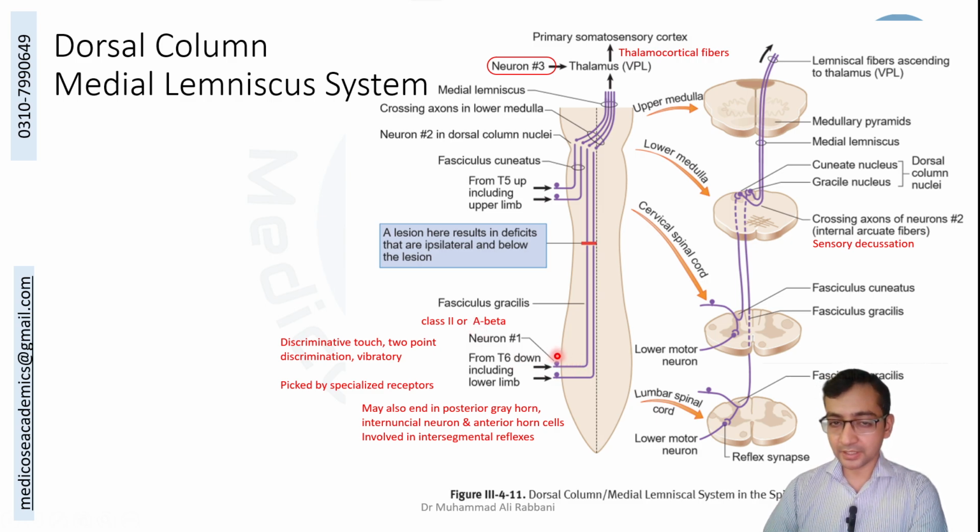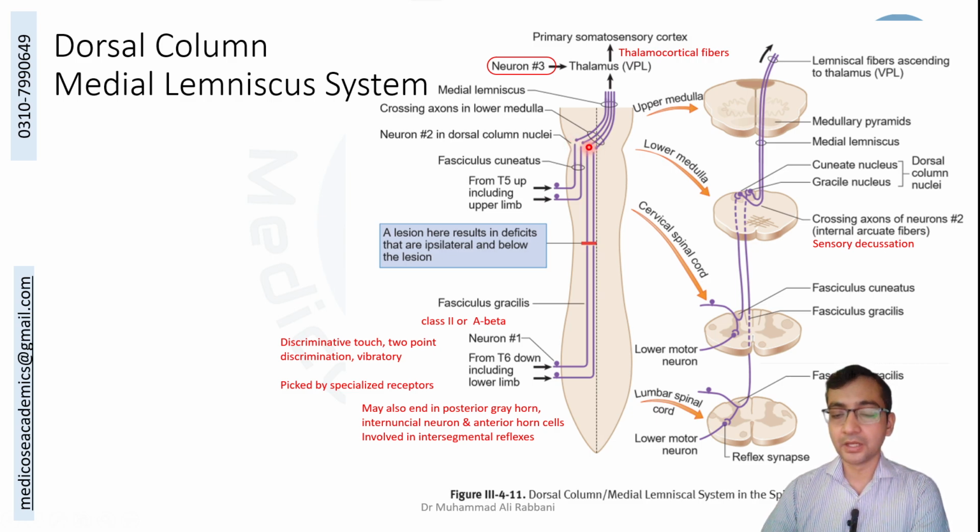The cell body was present in the dorsal root ganglion, and it moves up through the dorsal column in two parts: from T6 below, the medially placed fasciculus gracilis, and from T6 above, the fasciculus cuneatus. It will end on the same side by synapsing with the dorsal column nuclei, that is, nucleus cuneatus and